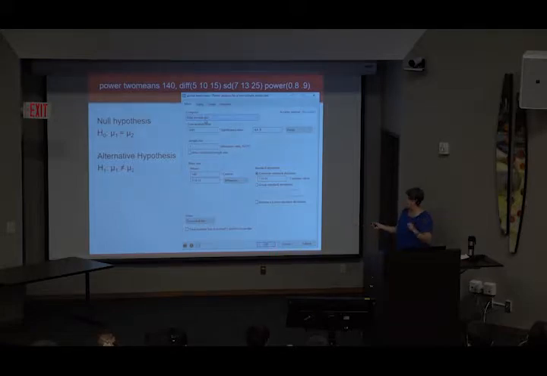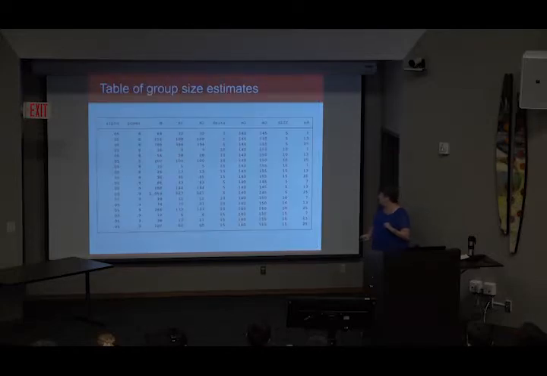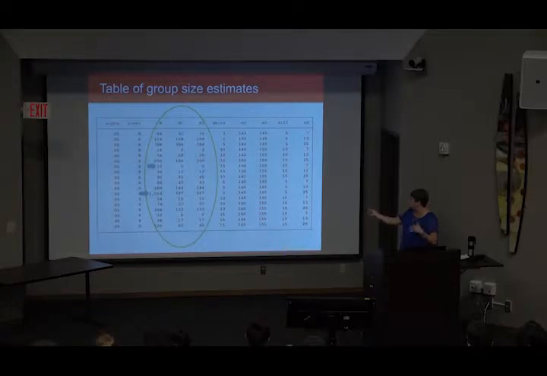And I'm a little wonky on the standard deviation. I'm going to look at 3 different standard deviations as well. So it'll produce a table for you that gives all possible combinations. Any one of these is valid. You need to look carefully at it and think about your project and what your goals are and what your research shows that might be a possibility, because this gives you a low of 10 and a high of over 1,000 people, and the full range in between there.